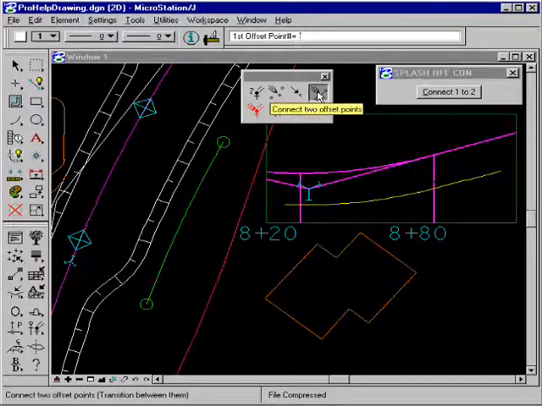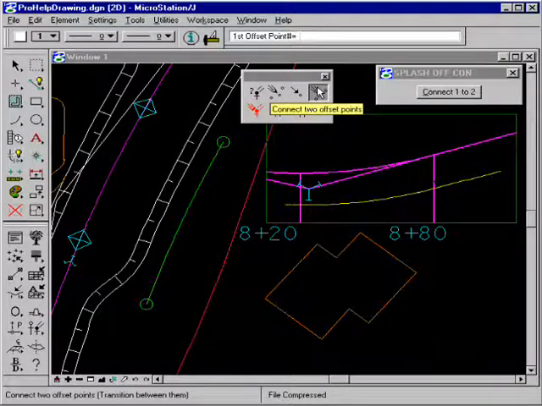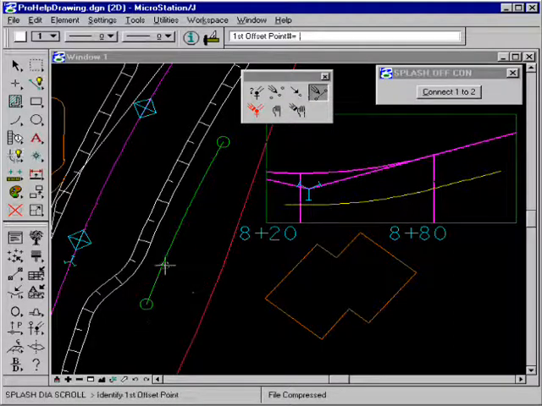The connect two offset points tool is used to connect two offset points. Now, basically, you need to think of the child alignment as a thread pulled through as many offset points as there are to create the child. And think of each offset point as the eye of a needle. Now, to demonstrate an often misunderstood concept,